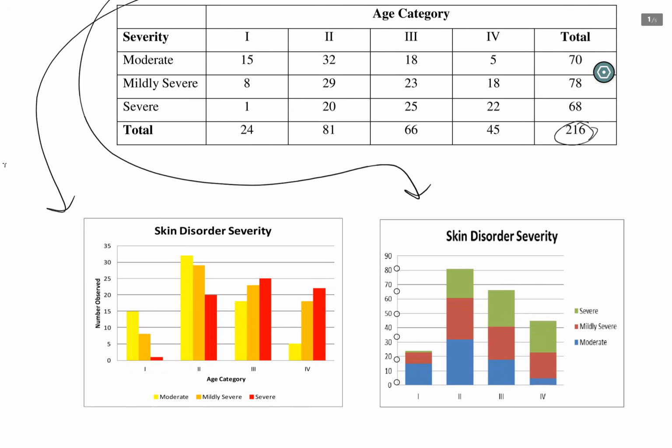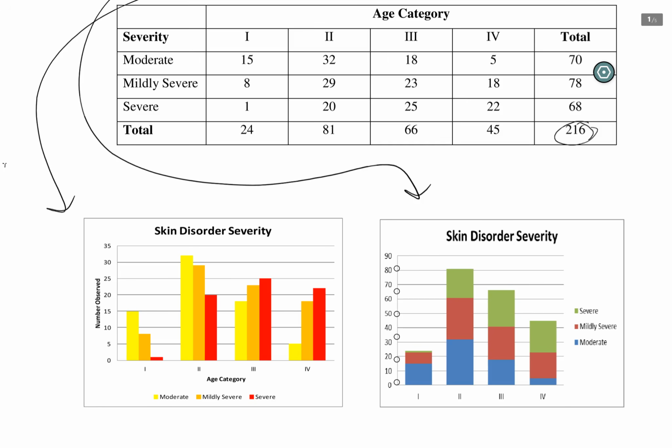The cluster bar graph, what it does is, according to age category 1, 2, 3, and 4, it clusters the other variable, in this case the skin severity. So we see that there's 15 moderate in age category 1, that there was 1 severe in age category 1, and we can move through the 4 age categories in that way,